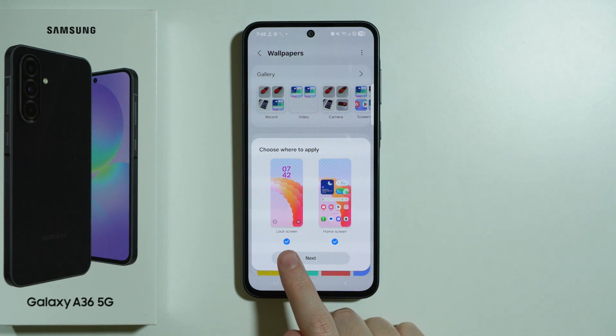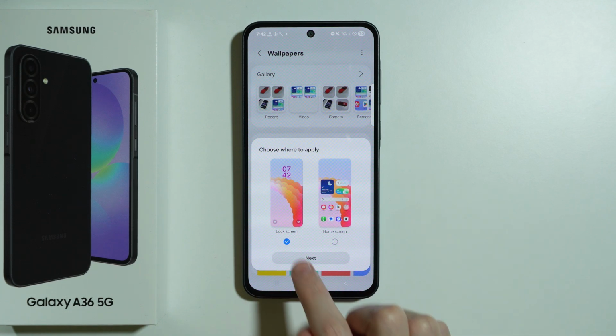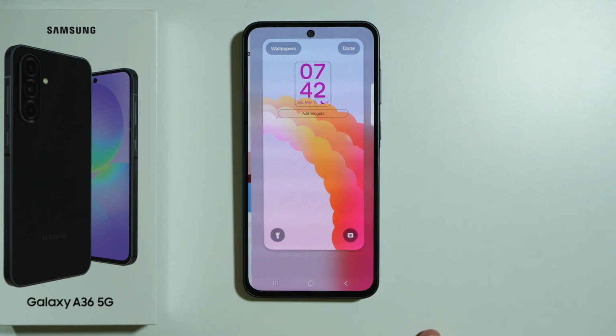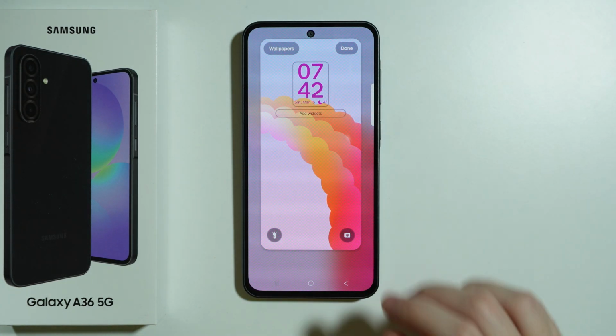And then we have the option to choose for lock screen or home screen or both. So if you want to change only for the lock screen, then make sure that only lock screen is selected and then press next. And now we can, of course, in some cases we can make some additional adjustments by